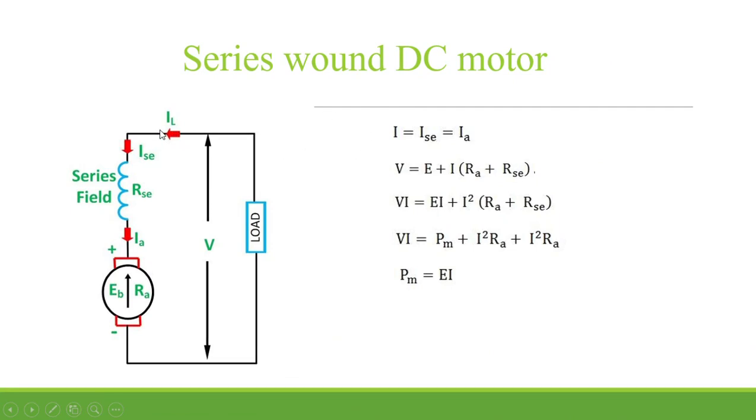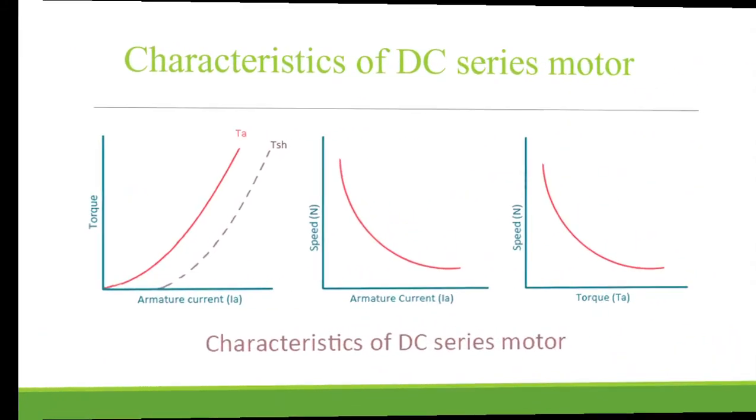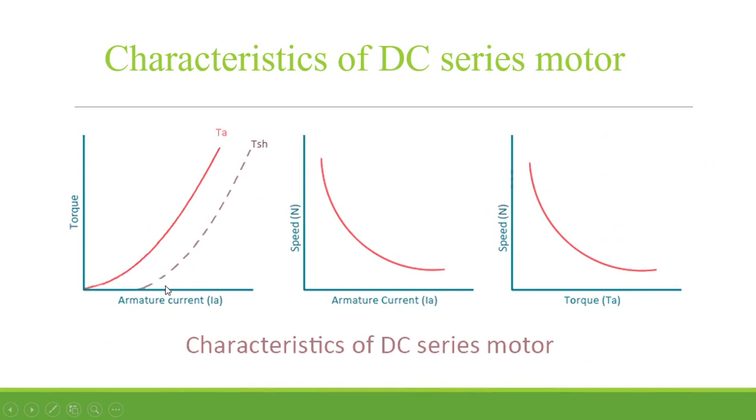In a series wound DC motor, this current is equal to the series field winding current, which is equal to the armature current. This series field winding current is responsible for flux production in the series field winding. Means this Isc is directly proportional to flux. If Isc is directly proportional to flux and Isc is equal to armature current, then Ia will also be directly proportional to flux. So if we draw a graph between torque and armature current, we know torque is directly proportional